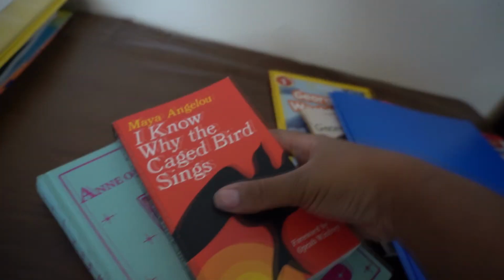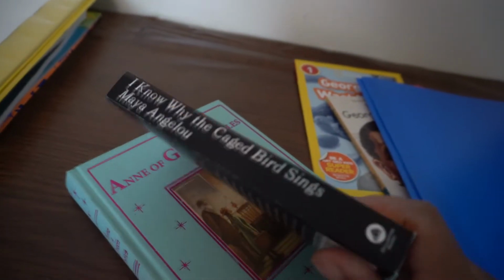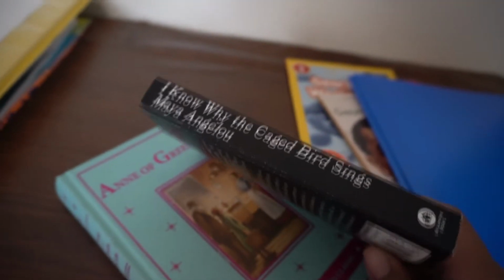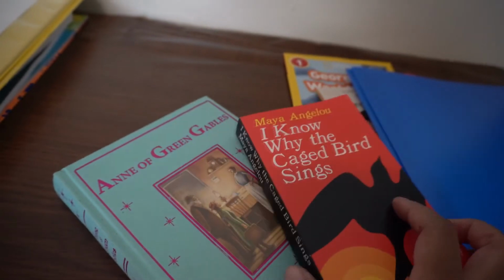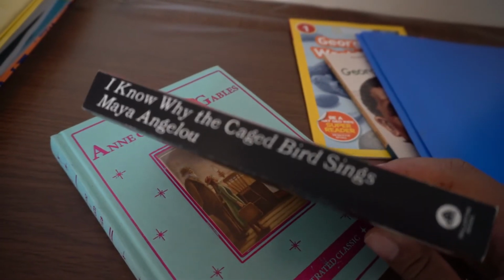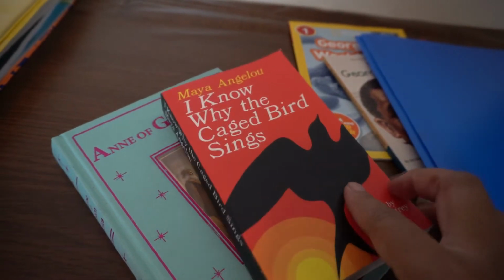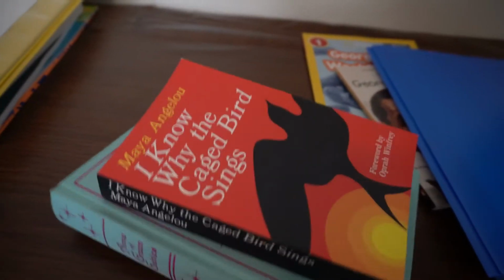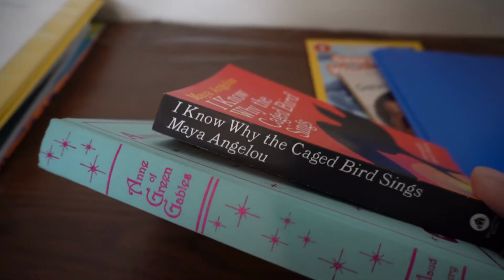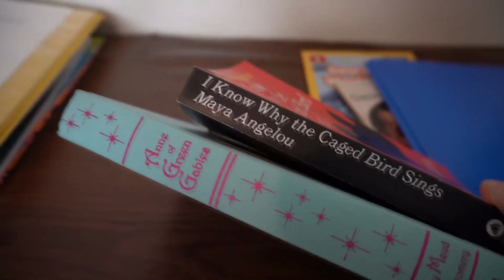For literature, I'm trying to infuse a lot of African American or Black history into our curriculum this year. So for literature, she's going to be reading Anne of Green Gables. She'll also be reading I Know Why the Caged Bird Sings by Maya Angelou. So they each have one living book, and then one book by a Black author that they'll be reading